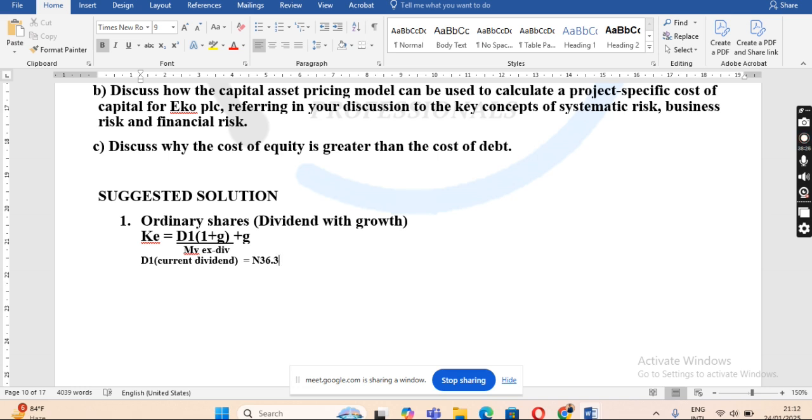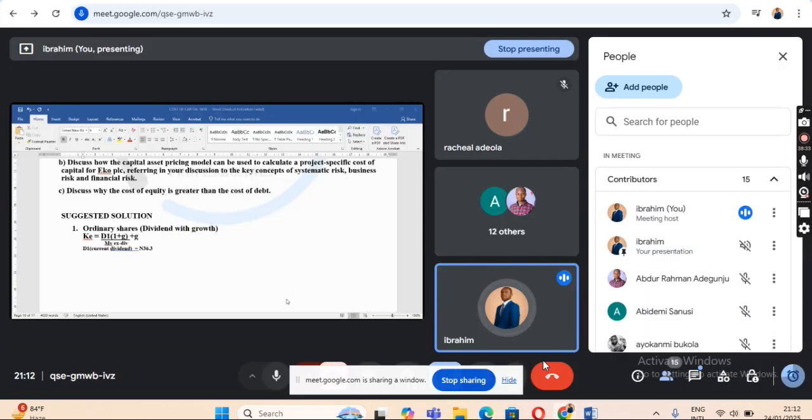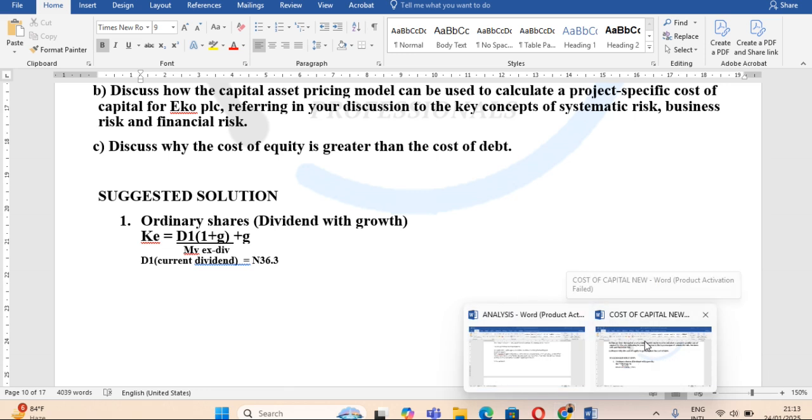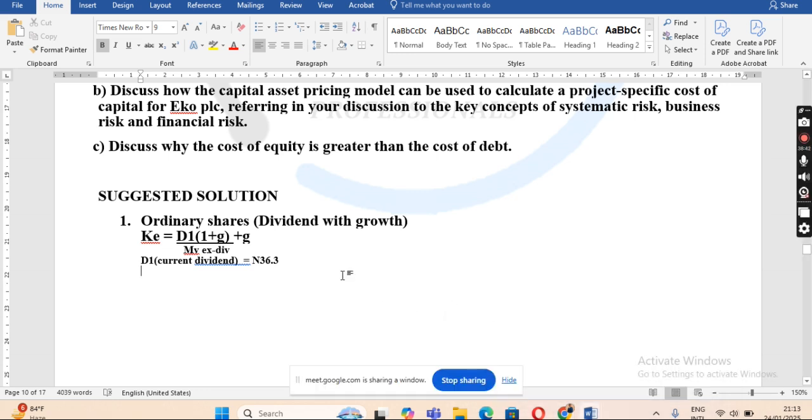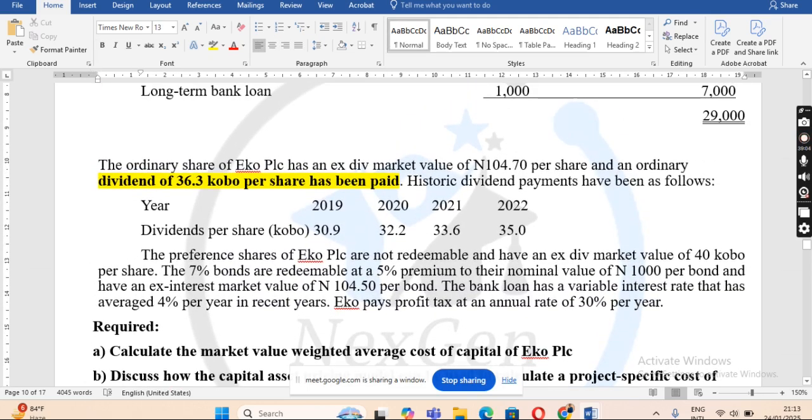Now, if this is established, don't forget that the growth rate will not be given to you. You need to determine the growth rate. In this question, the growth rate is not given. But let's establish that the growth rate is not given, which is a question mark, right? Then, the market value, SDIV, equals to, now what is the market value of the ordinary shares given to us